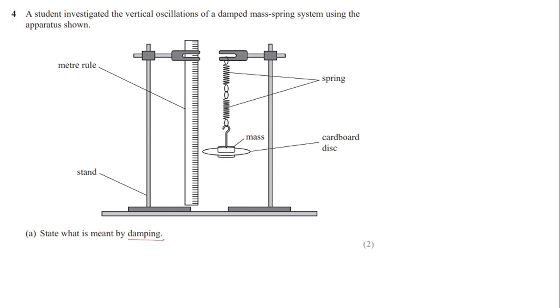Damping means if you remove energy, then the amplitude of the oscillation is decreased. Basically, damping means that due to the damping factor, the amplitude of the oscillation is decreased in every oscillation. So from any oscillating system, if you remove energy, then the amplitude is decreased. That kind of motion is called damped motion or damped oscillation.